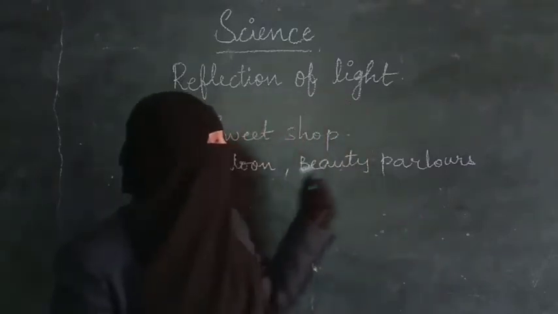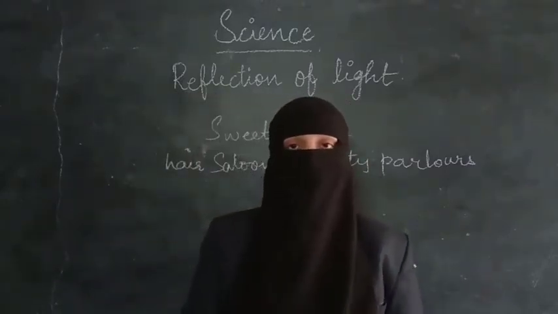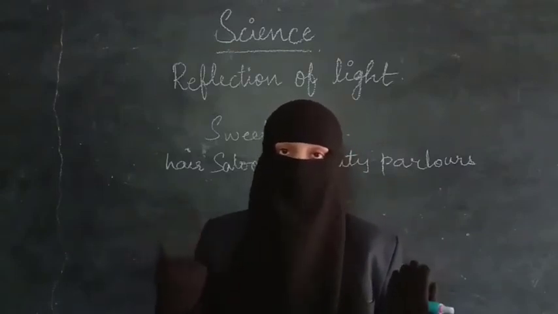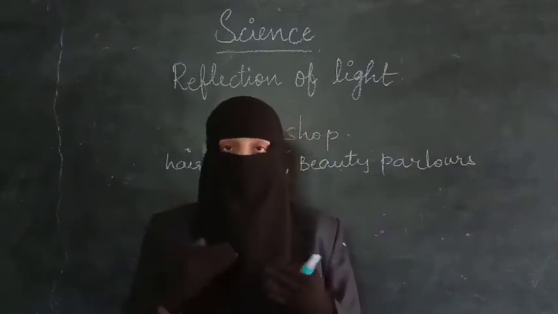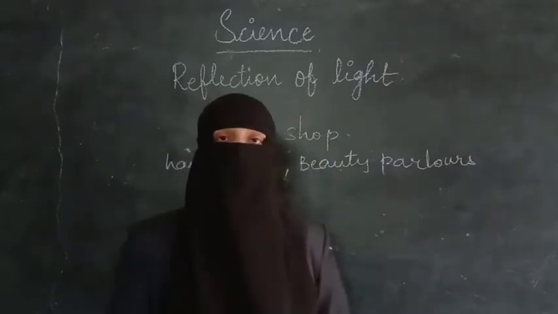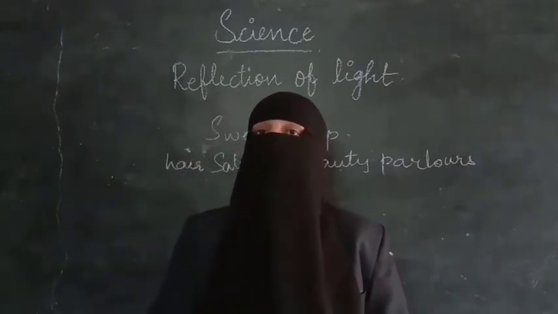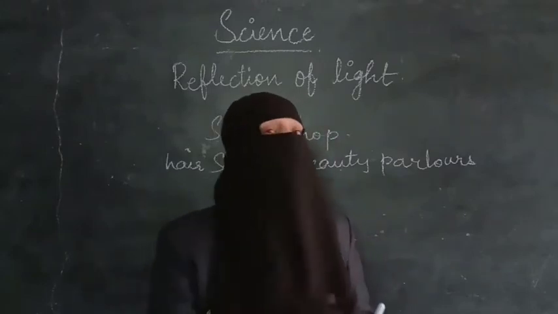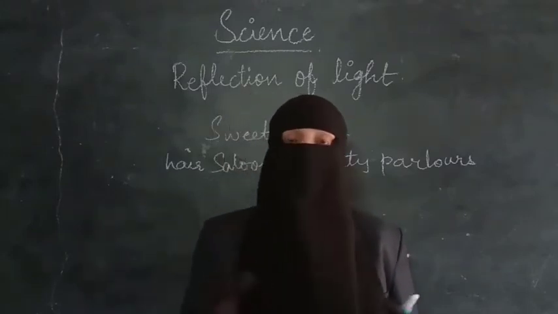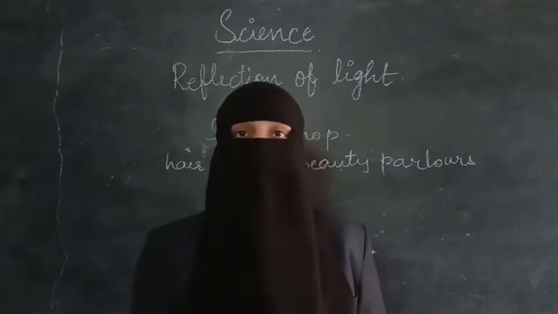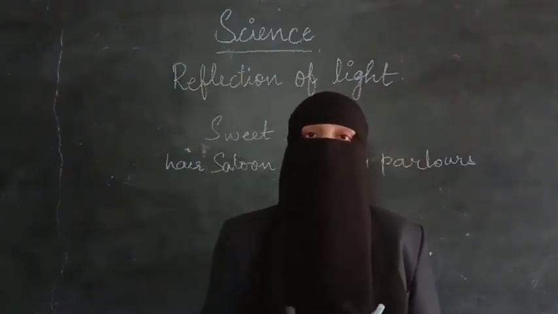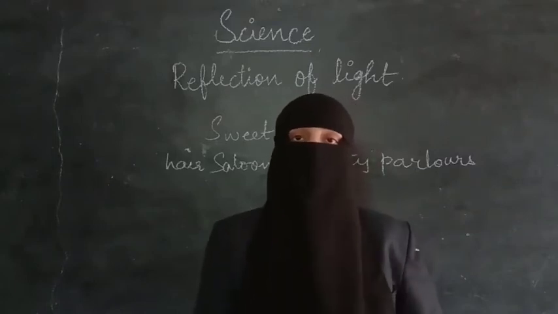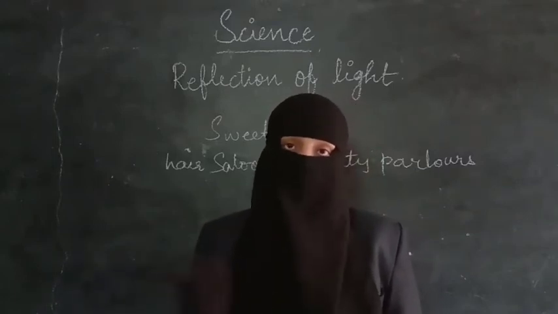It is the same in beauty parlors. In a beauty parlor also, one mirror will be in front and one on the back side, and they help us see our haircut from near. There also we can find multiple images. In the same way, you can find this in malls also, in changing rooms, and in jewelry shops. By using one or two mirrors, we can get multiple images.